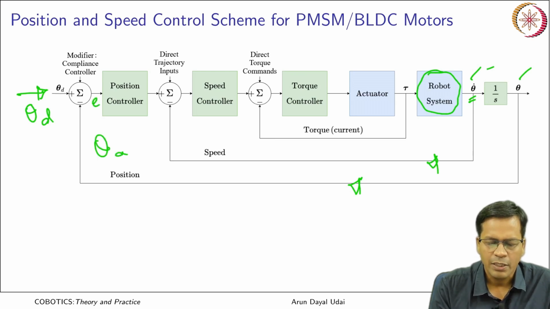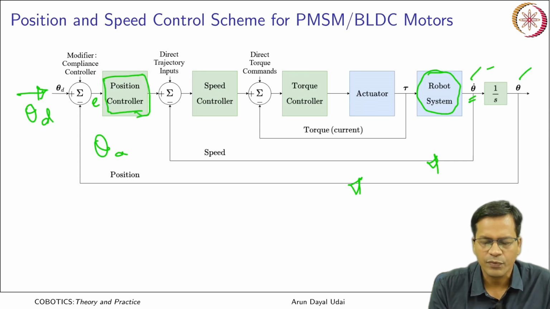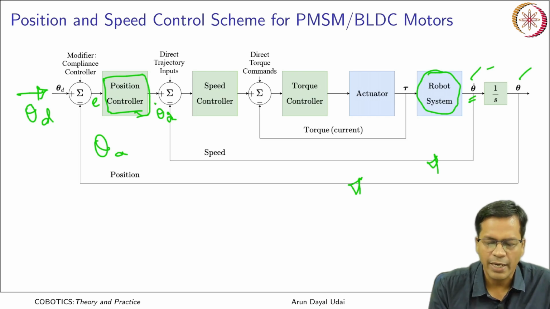So, you have a position controller which goes in here, normally a PID controller, that generates the reference speed, that is theta desired dot, that is the rate of change of joint angle that is required, is here, and this is the actual rate of the motors which you are controlling.